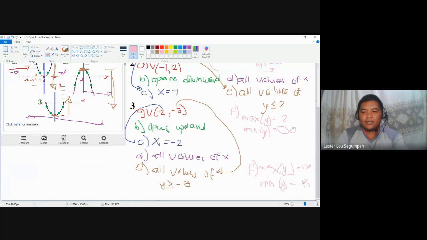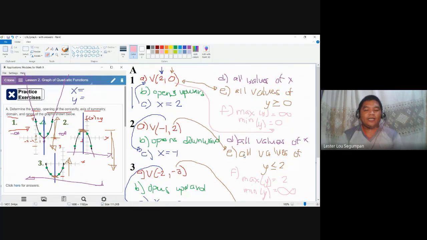Okay? So these are some essential analyses for the graph. Why essential? Because if you will have a real life problem that involves quadratic functions, the interpretations will be discussed using this analysis: the vertex, turning point, the opening cavity, the line of symmetry, domain, range, and if possible, maximum and minimum. We do also have one more. We call it intercepts. But since I cannot show you clearly and accurately the values for the items here, we're skipping that, and let's have it in the graphing portion already.